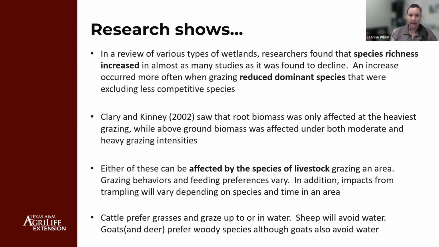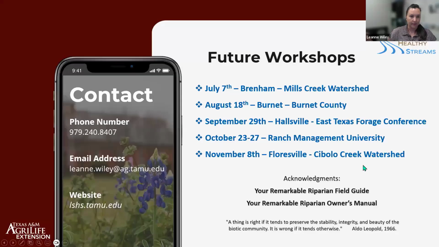One thing to consider is how many and how heavy is the grazing, how much you might be hurting that above ground biomass and the root biomass. A study in 2002 found that the root biomass really would not be so much impacted unless you were doing a very heavy amount of grazing. Of course, your above ground biomass is going to be hit a little bit harder, even at the moderate level. But as long as that root system is there and strong, I would think you would still see a decent comeback, as long as you permit a good rest period after the grazing period has happened.